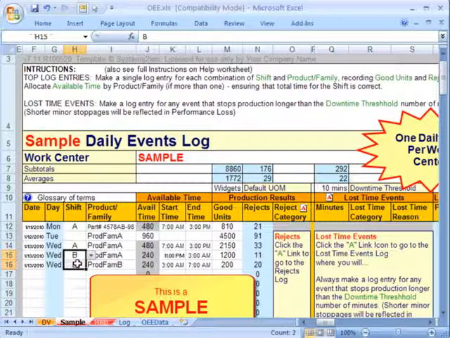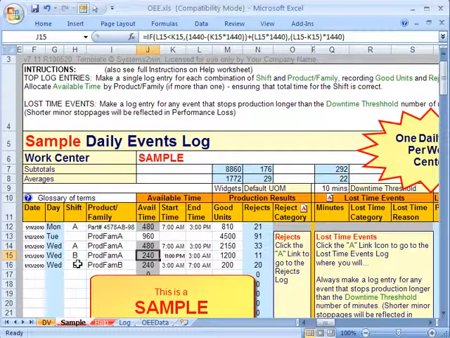So you would have a separate line item for the different product families or products that you made during that one shift. So in that case, you would split the available time for the entire shift between the products or product families that were made during that shift.